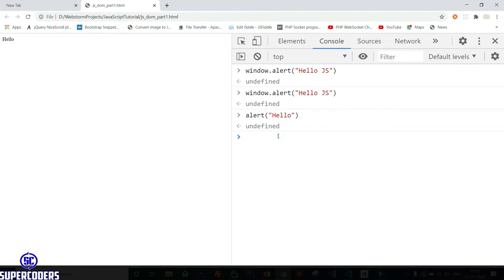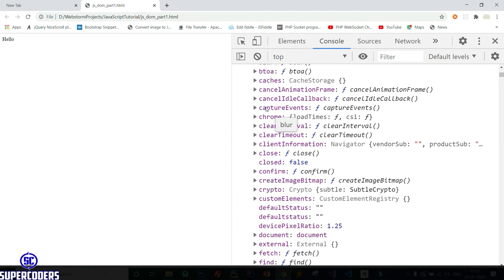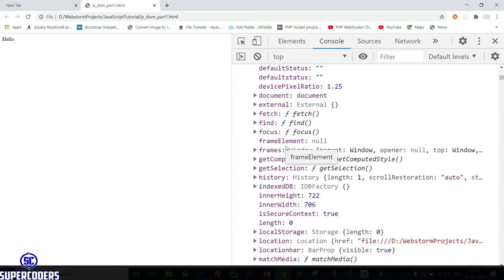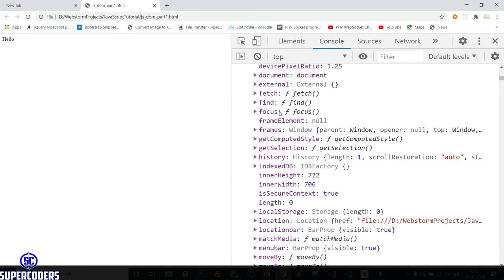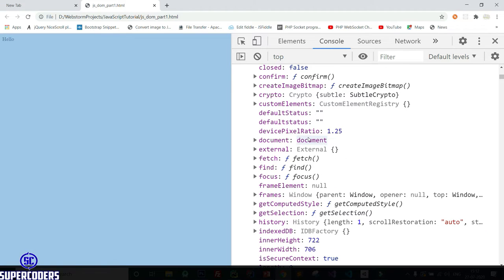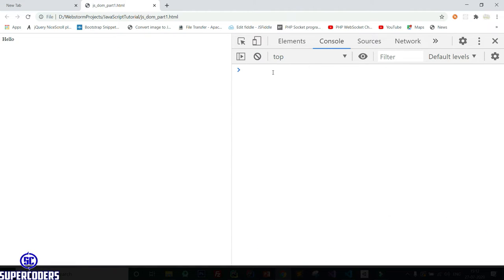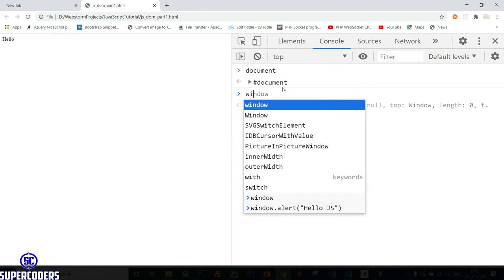If I again run window and open this, you can see lots of functions and many things in this window. Also document exists here. What I am using, like document, actually comes from window.document.